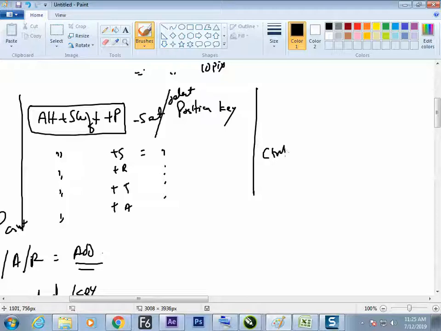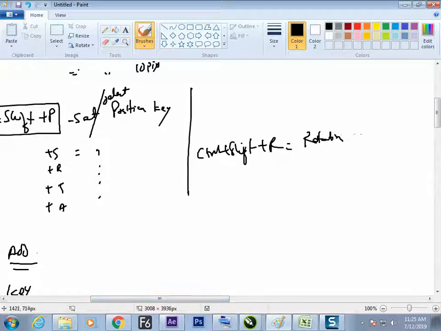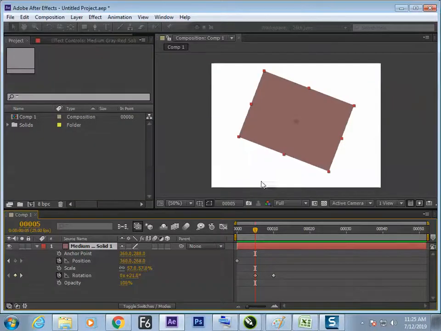So Ctrl+Shift+R is the rotation property's input. Exactly the same way, if you need to see the Control Shift T, then